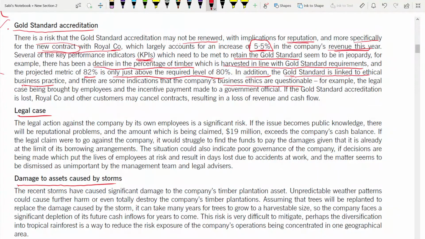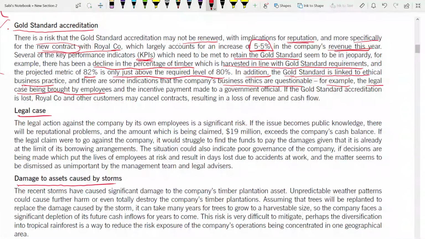So what are those indications? Give examples when you're saying that there are some indications. Don't just say some indications are questionable and full stop and that's it. You always have to show them with proof, with examples, if you have made some statement that this is questionable, this is fair. So for example, the legal case being brought by employees, you see, if they were ethical, then